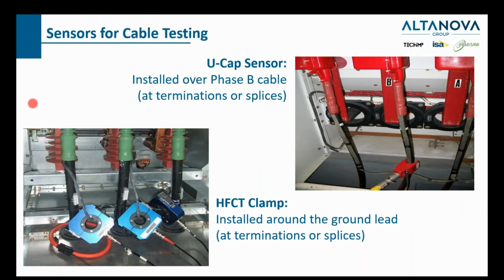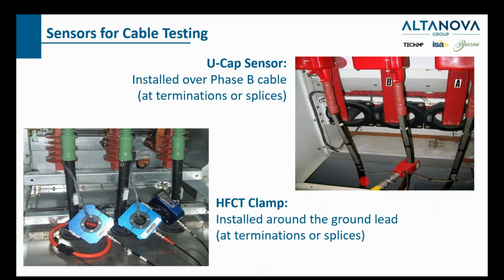So in general, the sensors are similar to the commissioning test, except for some specific applications. If we're talking about cables, the very common sensor for cable testing is the HFCT. As I said, this is the most common sensor that we use for the commissioning test and also the maintenance test. The UCAP sensor